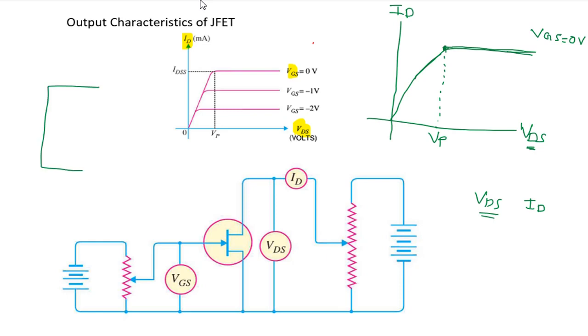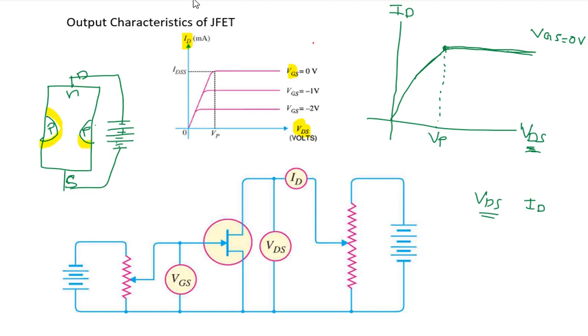So what is happening? Consider a JFET. Here you have P region. Here also you have P region, and this is the N channel. As you increase VDS, that is the voltage between drain and source. This is your source, and here you have drain. So here you are increasing the voltage applied between drain and source. Now as you increase the voltage here, so let us show a battery. As you increase this, what will happen to the depletion region? The width of the depletion region will increase.